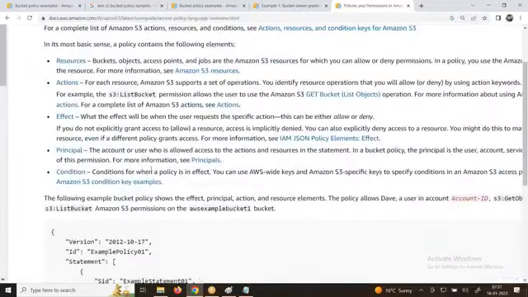What are the things I'm explaining to you? We will have Resources, which means which resource, which bucket name. And Actions, what are the actions you have. Effect, allow the permissions or deny the permissions. You have grant the permission and also deny the permissions. Principal, as I explained, means whom I'm providing permissions to. Then conditions. We'll talk about the condition right now. Hope you understood. This is an example of AWS S3 bucket policies.